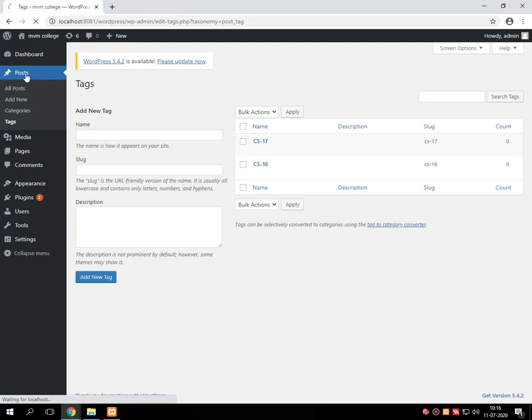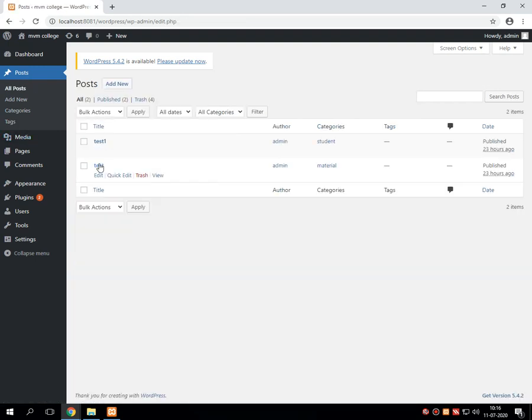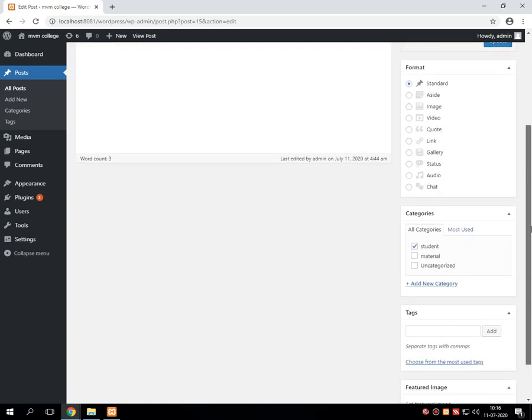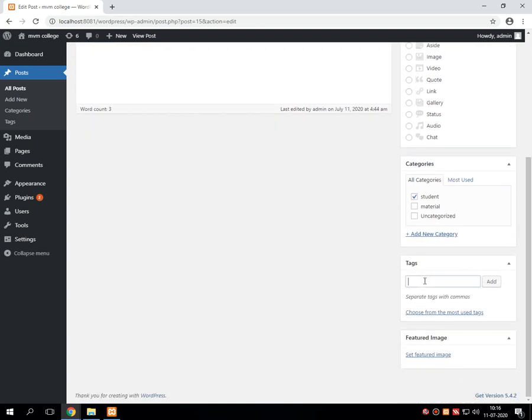Now in the post, select the particular post. Say for example first I am selecting test1. In test1, here there is an option called tag. So type CS only, and it will return the two tags that we have created.